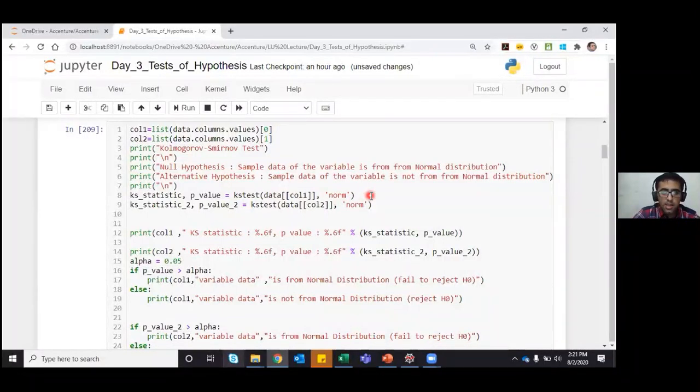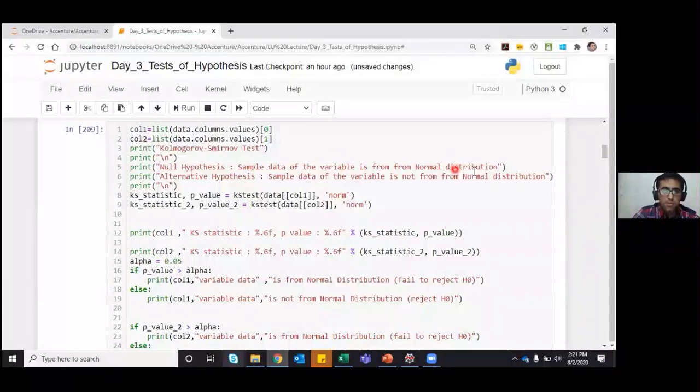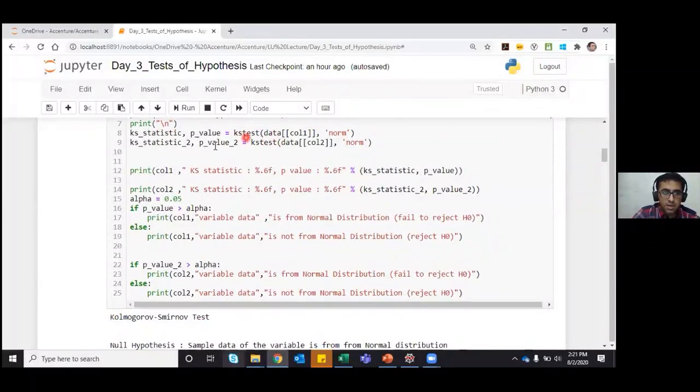You specify norm because we have to compare against a normal distribution, since our null hypothesis is that the sample data is from a normal distribution. When we specify norm, it understands that the KS test has to be done against the normal distribution.